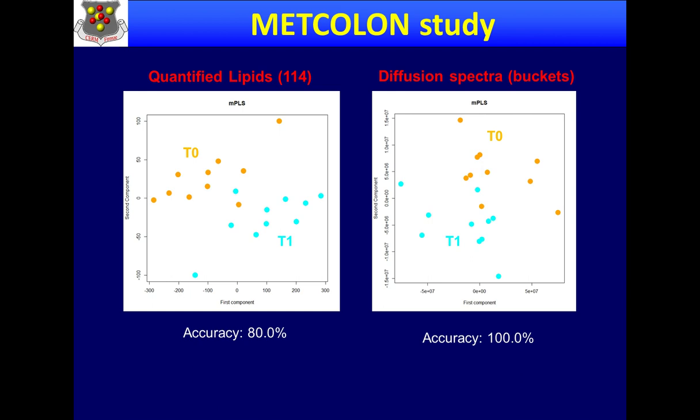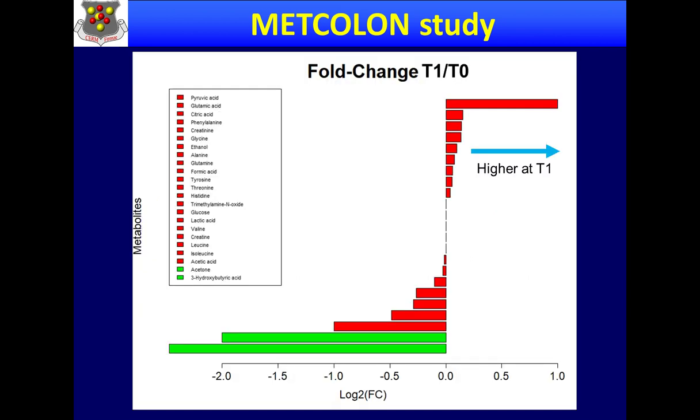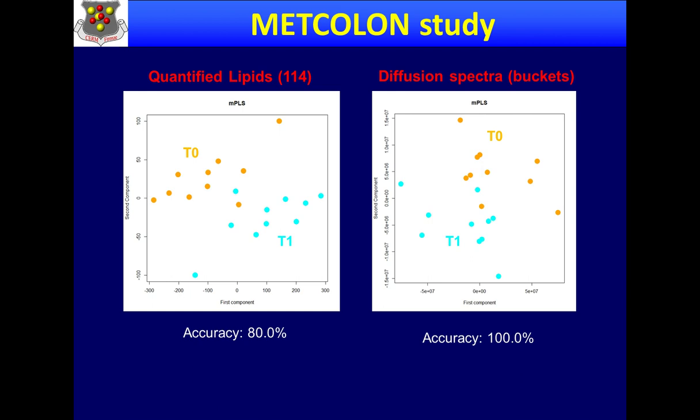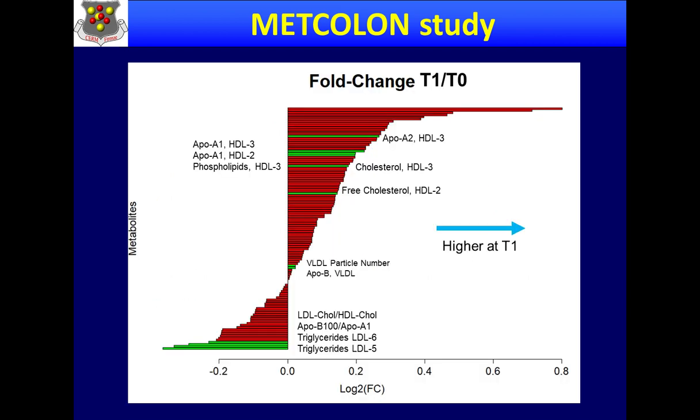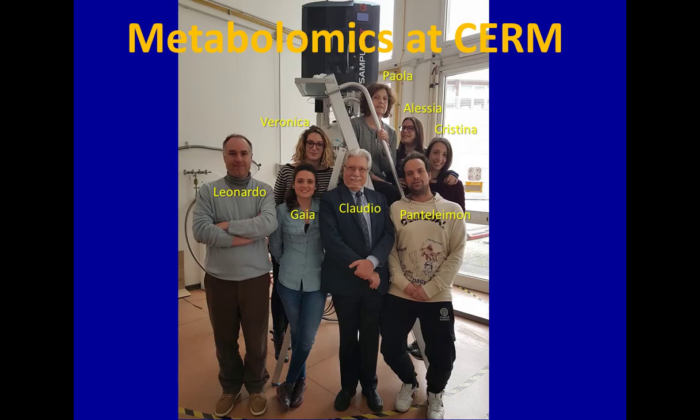Lipids are also informative, not as informative as diffusion spectra. You see that there is a parallel behavior. Diffusion spectra are sensitive to large molecules, and lipids usually give broad signals, so it makes a lot of sense. So again, I cannot give you the biological conclusions now because this is the very beginning of the study, but from our point of view it's encouraging that if we look at the right stuff, we are not losing much of the information, and we are gaining a lot in terms of zooming on all the differences. Again, triglycerides seem to be important, and I think I will close here.